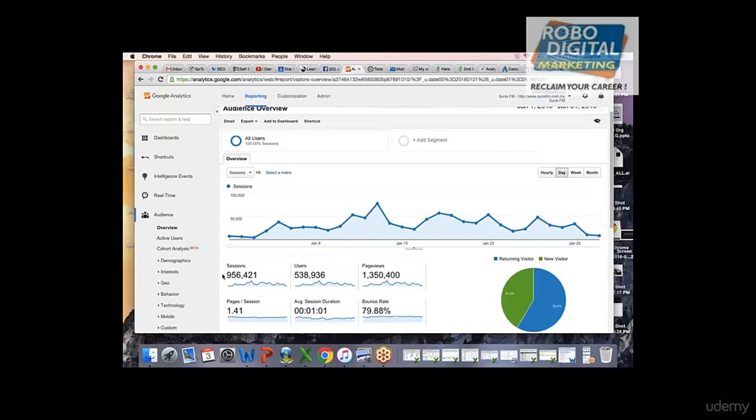Not unique visitor, any visitor. Unique visitors are users, because user contains the uniqueness. Session, a user, if they make 2 sessions, then it will be counted as 2 sessions, but the user will remain the same.